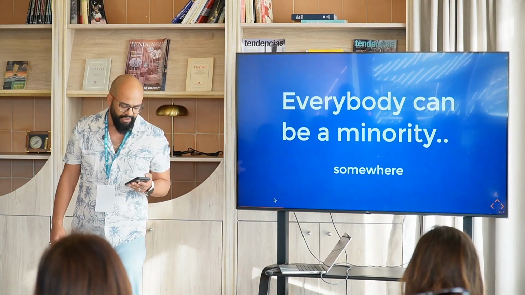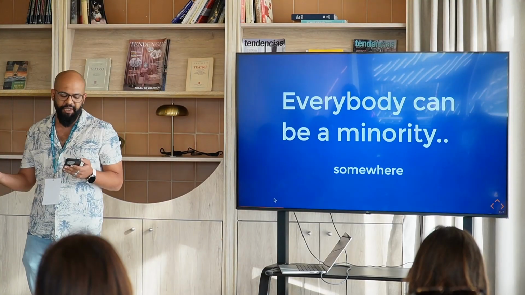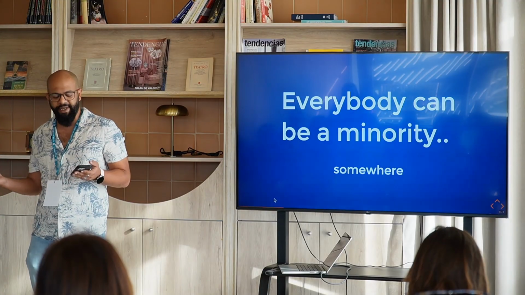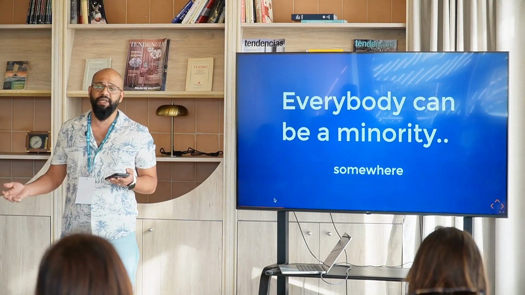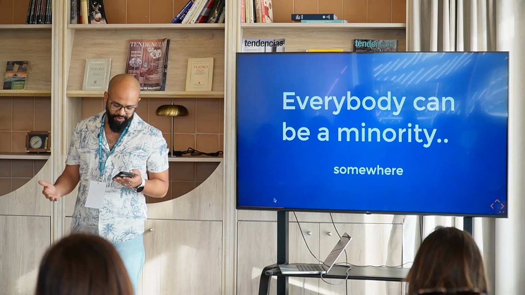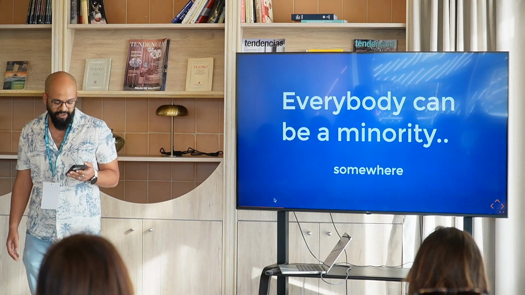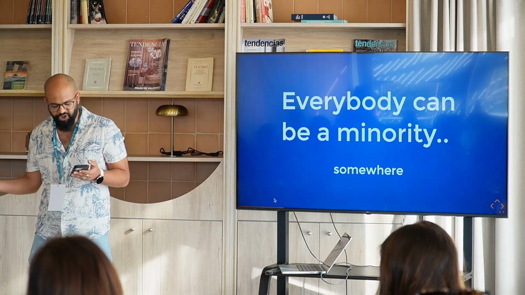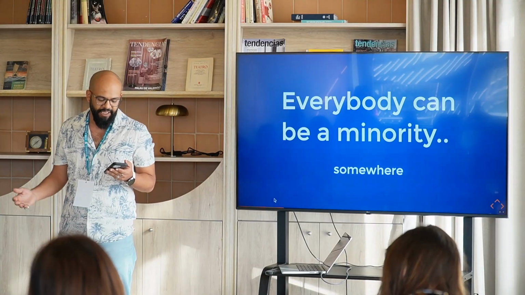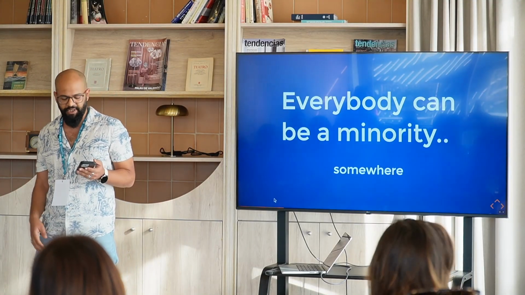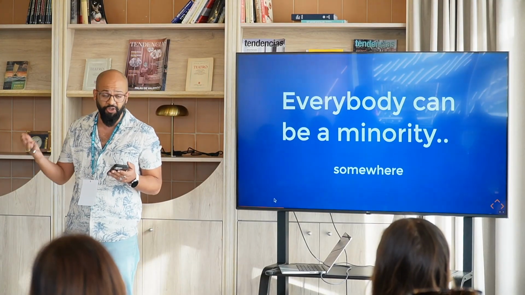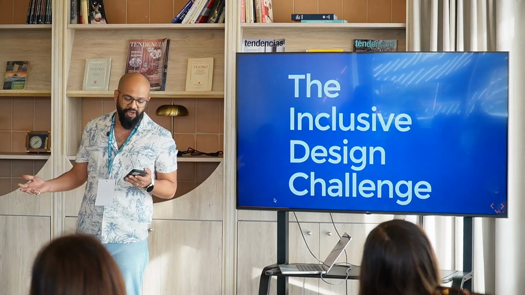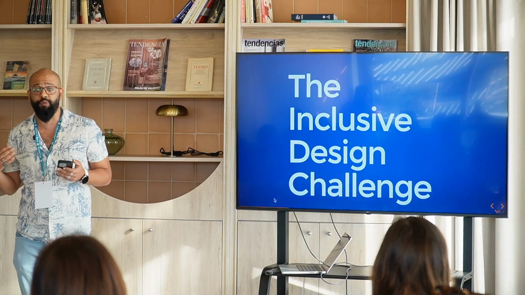To understand the importance of inclusivity, you often have to experience it yourself to understand the impact of feeling excluded or not accounted for. Everybody can be a minority somewhere at some point. Travel to a different country, work with a remote team from different parts of the world, language barriers, cultural barriers, disability barriers. At any point in time, you can be different in how you talk, how you behave, how you learn, or how you understand. But how easy it is for us as web developers to make our sites or products more accessible.